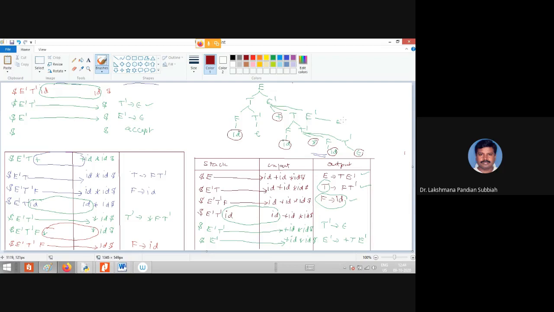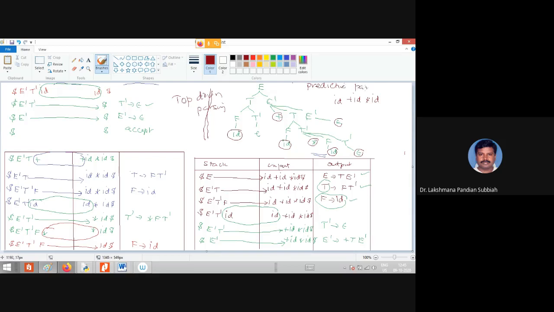Complete that, so you are getting id plus id star id. So this is the way of constructing the parse tree. Using predictive parsing, we can construct the parse tree in the top-down parsing technique. So this is called predictive parsing.